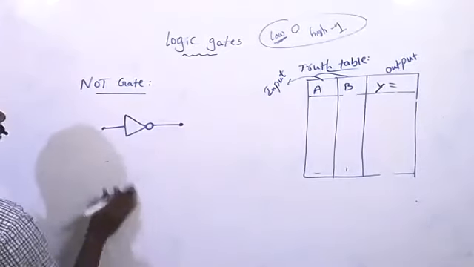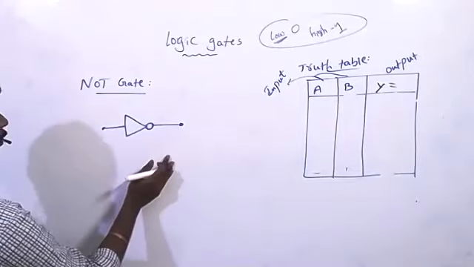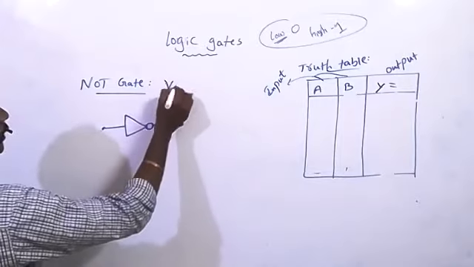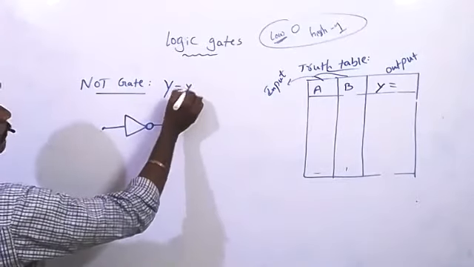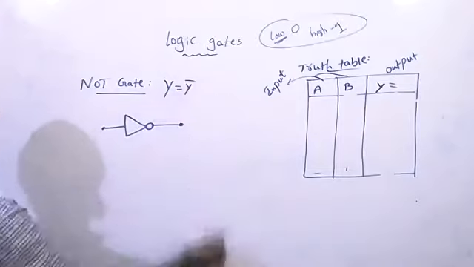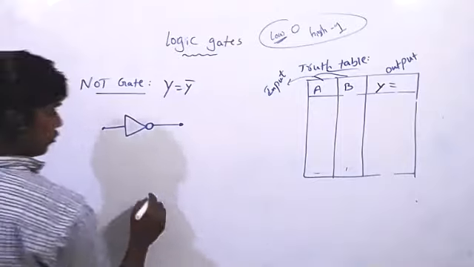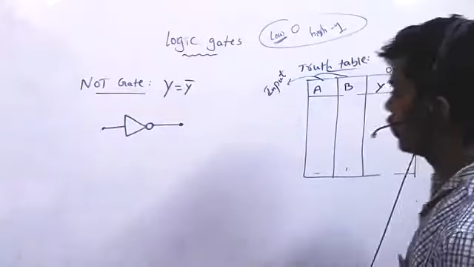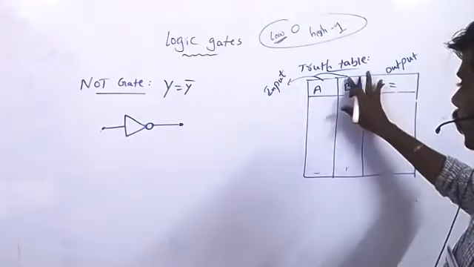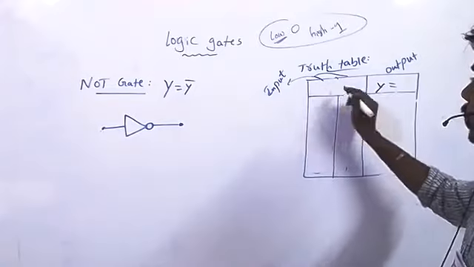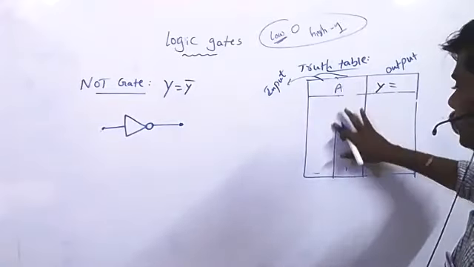Again, you will feel everything is the same. So one input, one output. Okay. So the NOT gate formula, y is equal to y dash. Y is equal to y dash is nothing but opposite. I will get the reverse. Look at this. One input, one output. There is only one input, so that is the reason A is not there.